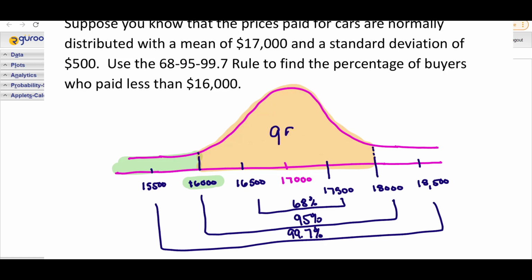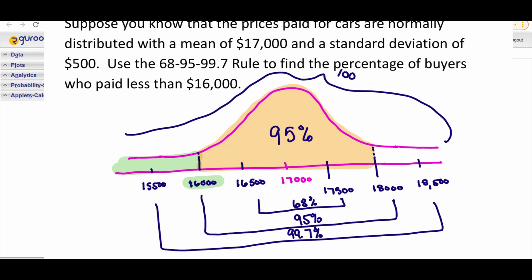This is 95% right there. I also know that this whole thing is 100%, right? So if I took that 95% out, if I covered up this 95% in the middle,